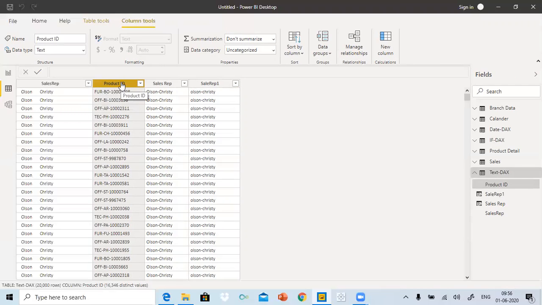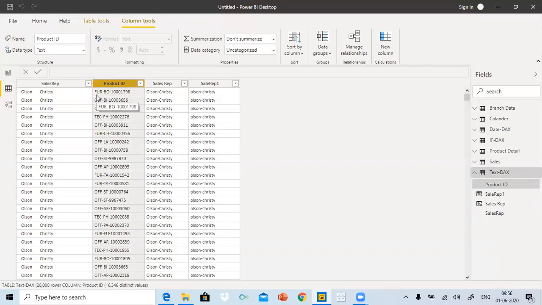We have this product ID in a single column as a consolidation of all. So my requirement is that I want to separate them into separate columns. So how will you do that?